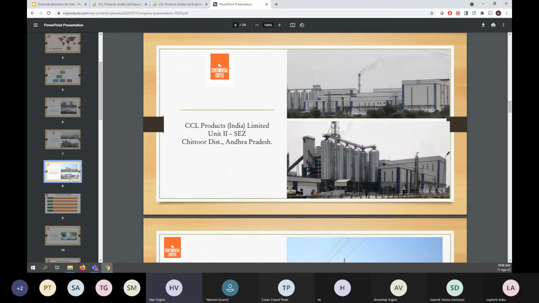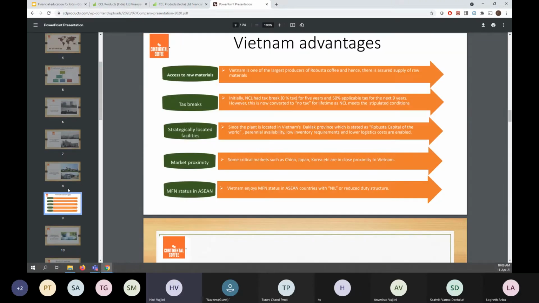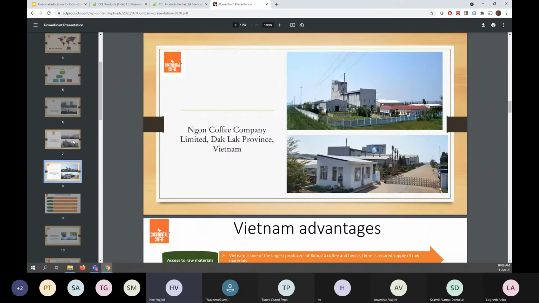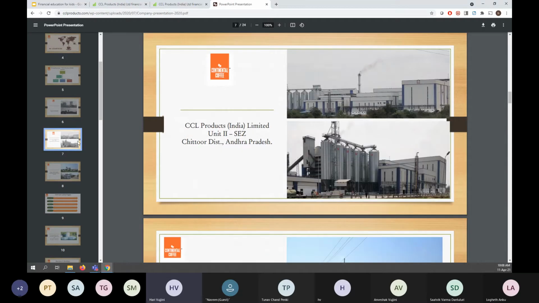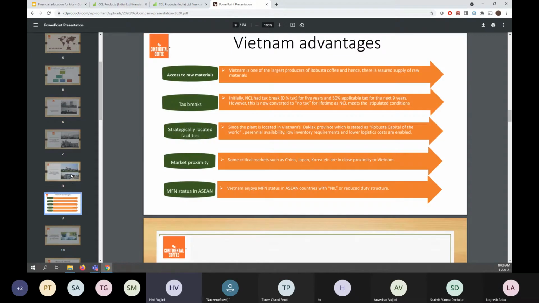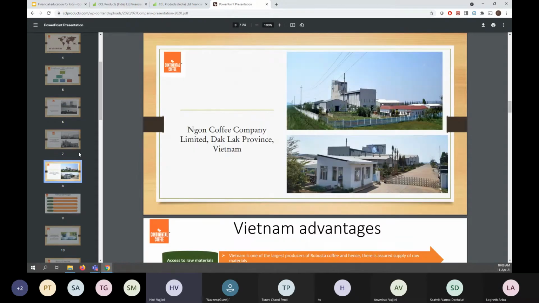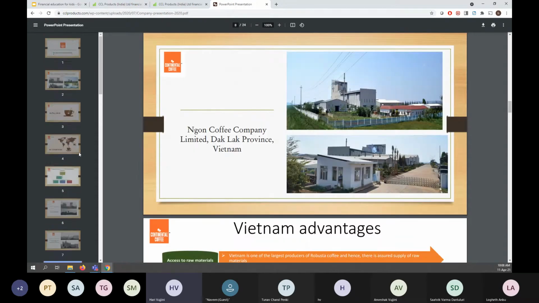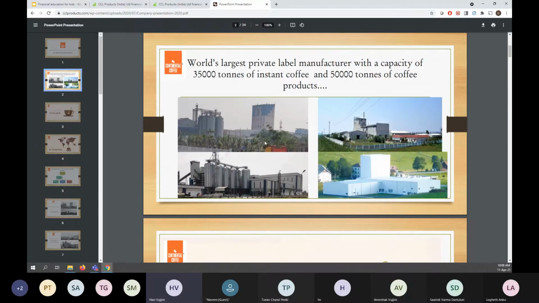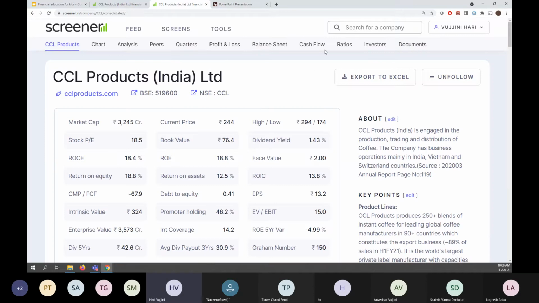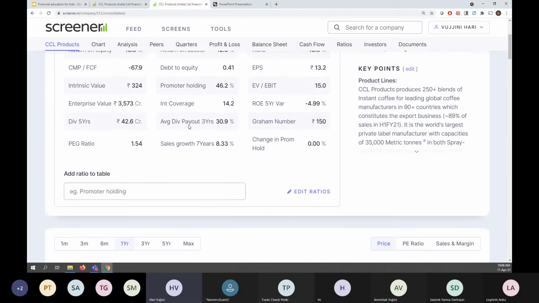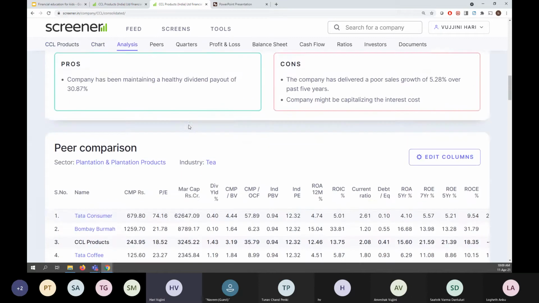But I'm not interested in the business model right now. When you are doing the business model canvas, this is what you would be looking for. But now what we are doing is looking at the numbers. I want to see how much revenue and how much profit this business is making, right? So I want to go to Screener again. I searched with CCL Products here. Then if you go down,